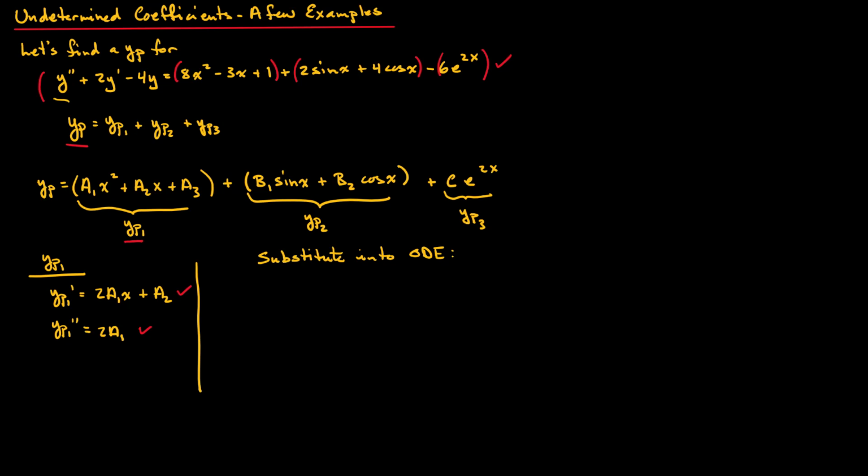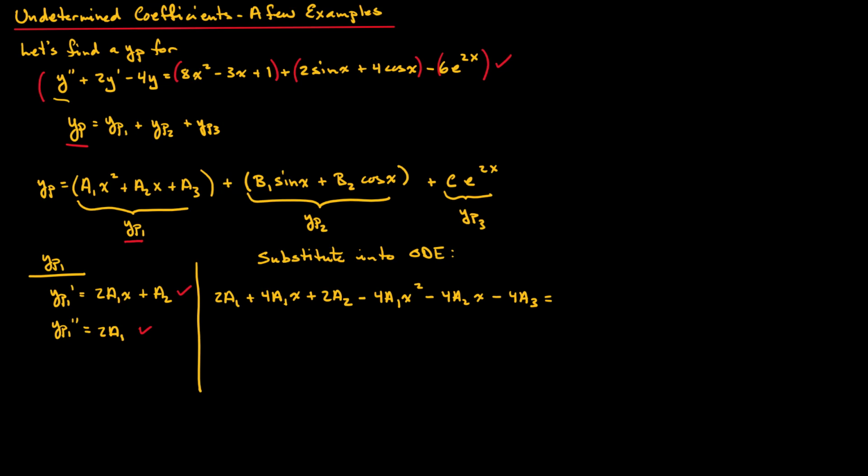We have the second derivative, that's just 2a1, plus 2 times the first derivative, so 4a1x plus 2a2, minus 4 times the proposed particular solution itself. So that is minus 4a1 x squared minus 4a2x minus 4a3,